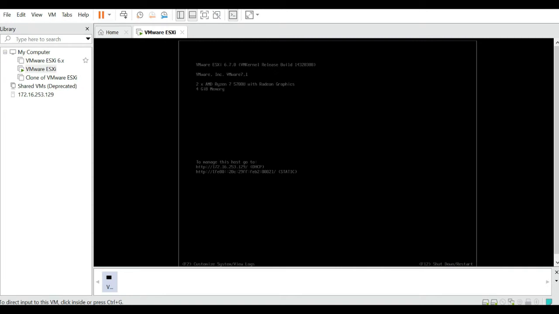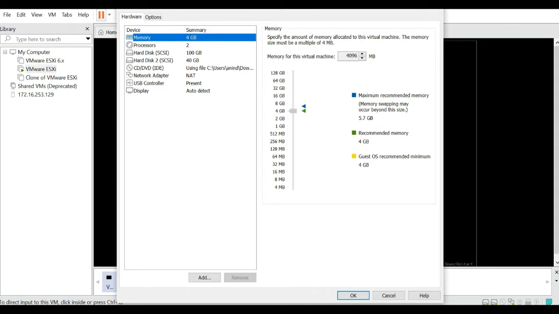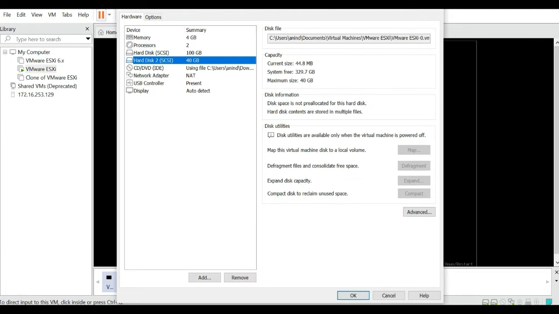import the ISO file. Once you import the ISO image, you get a VMX created. You get a kind of computer created over here. In this computer, you define a level of storage: what storage you will be using, and what configuration we are going for. Suppose here we have a memory of 4 GB, a hard disk of 100 GB, and a second hard disk of 40 GB. This is the configuration I have used, and the network I have used, in order to create this computer.